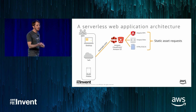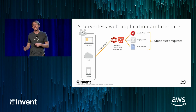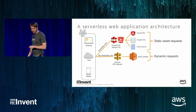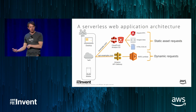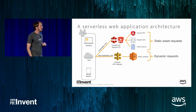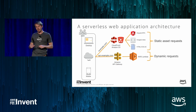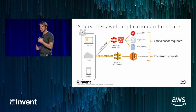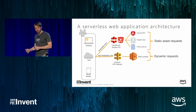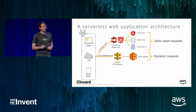There's nothing that you need to think about in terms of scalability or availability of your boxes, because Amazon CloudFront and S3 handle those things for you. But I need an API to back up that front-end application. So let's say all those API requests go to api.example.com, in which case I can use Amazon API Gateway, which is another serverless service that allows you to define your APIs in a very straightforward fashion, either visually through the editor or through the web console, or